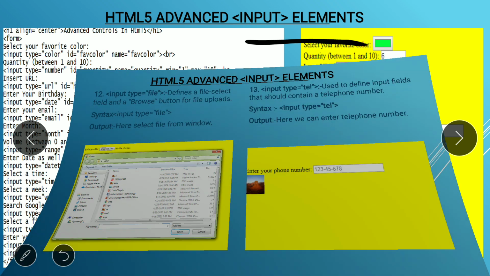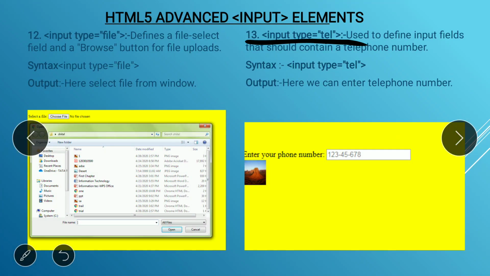So see here, we learn 13 controls using the input tag in 12th, right? I'm asking about the 12th only, and in 11th we learn at least, I guess, 7 controls, right? So 13 and 7, 20 controls we learn using the input tag, near about 20.